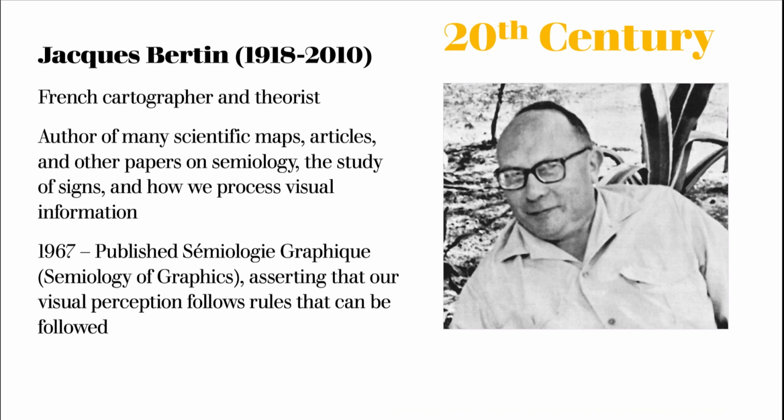So for visual perception, a lot of experiments he had done in the past, and a lot of theories were built based on a lot of publications in semiology of graphics, the field that he was